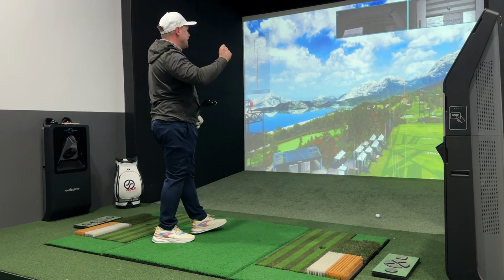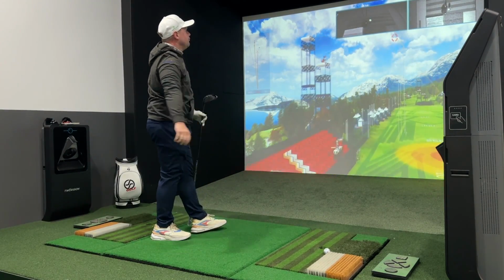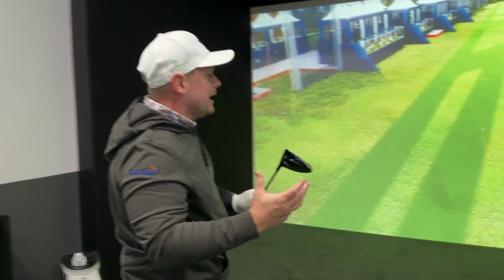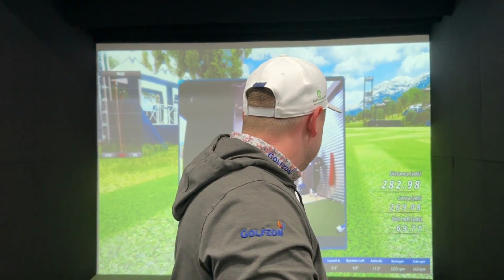That flight, time after time after time, it really is. Oh, stop it. Rob, bring him in and show him this one. This is the one that really makes you wonder about this club. That's a 270 carry, running up to 285 yards. I've managed to get the spin down on that one to just 3,000, and we've got 164 ball speed